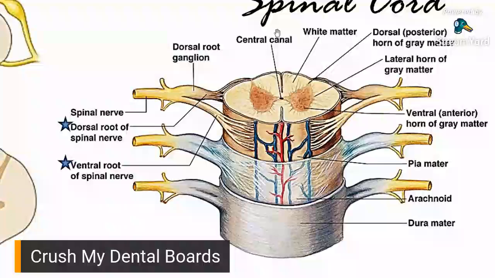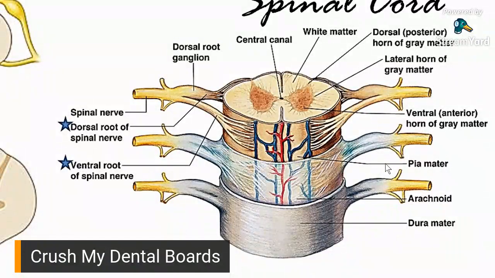Okay? And then I remember mentioning to you guys earlier, if the brain has meninges, the spinal cord would also have meninges, which is the same. You have your dura mater, you have your arachnoid, and you have your pia mater. So again, the pia mater, that's the one that's adherent to your spinal cord. Same with the pia mater being adherent to your cerebrum.